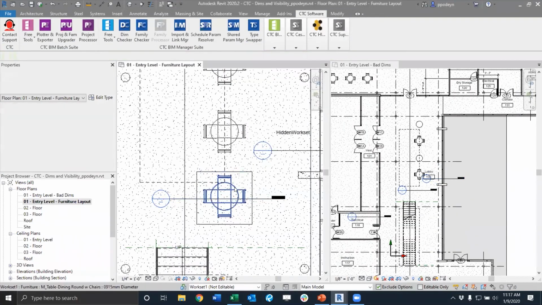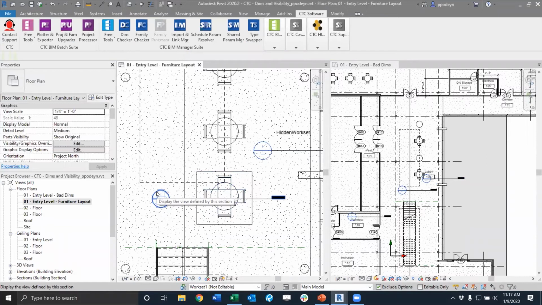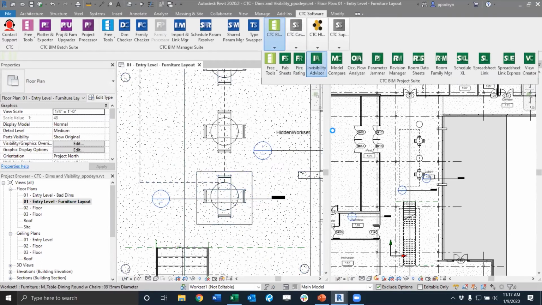So this next one, I don't know if you'll ever run into this case, but sometimes the obscurity of a floor or something solid will hide something that's modeled below it. And so Invisibility Advisor will find that method for us also. So again, back into here,